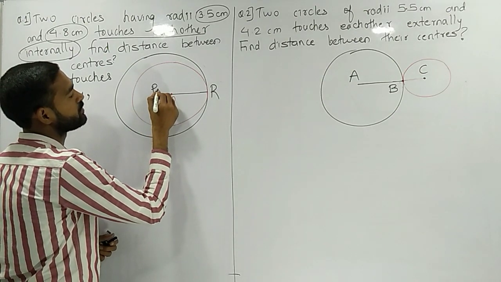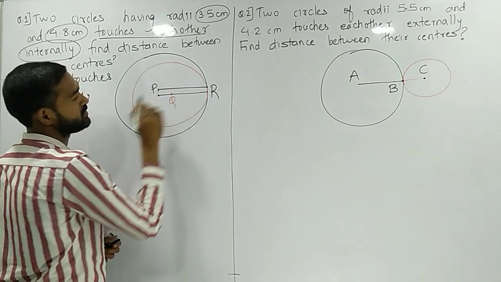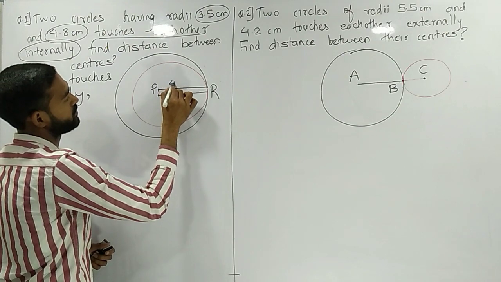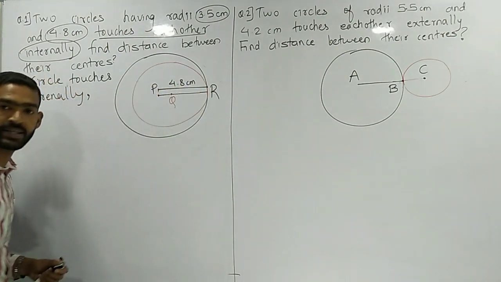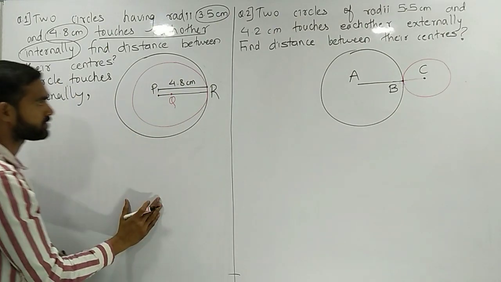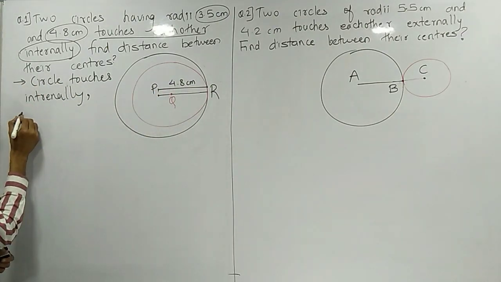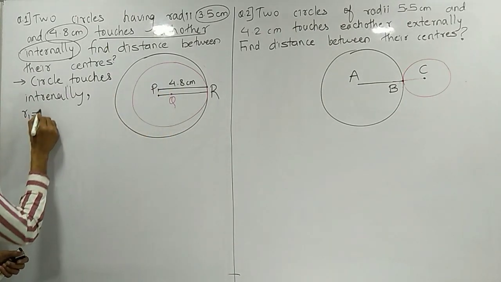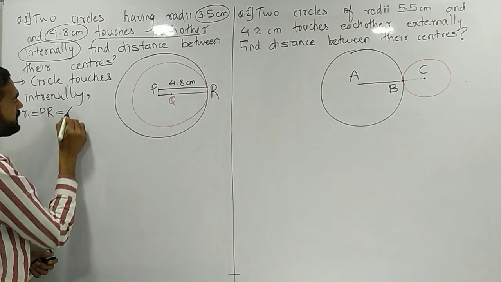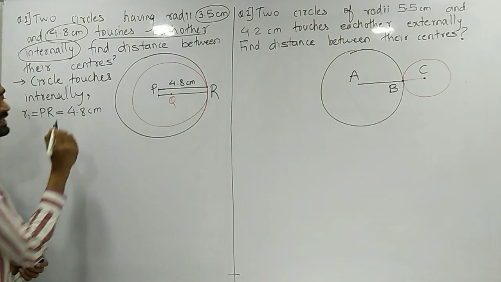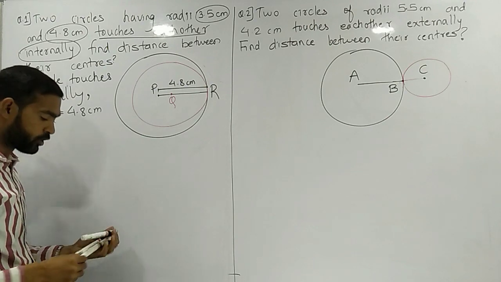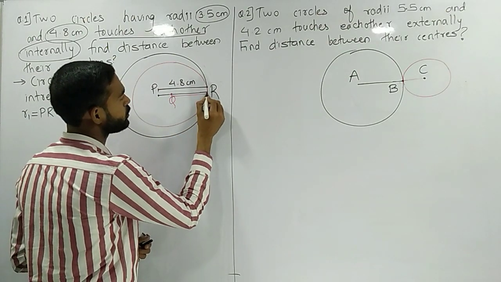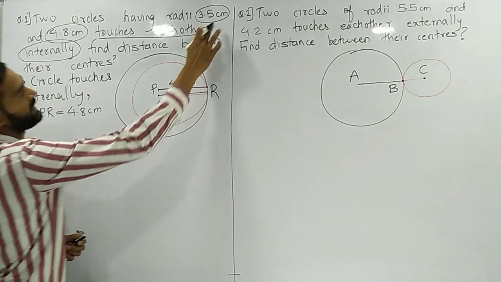The distance between P and point R is the radius of the bigger circle. Look, which one is bigger? 4.8. So this becomes 4.8 centimeter. This is my first circle, so I'll name this radius number 1, that is PR. The length of PR is 4.8 centimeter. Clear? Now look, this red point Q, the distance between Q and R, the smaller one, that is 3.5